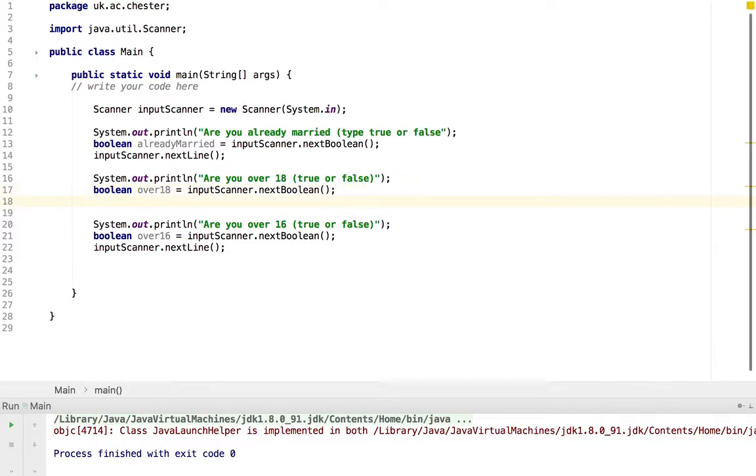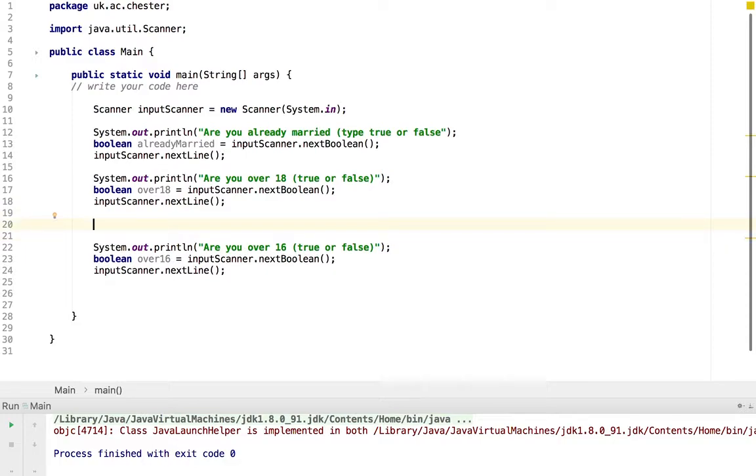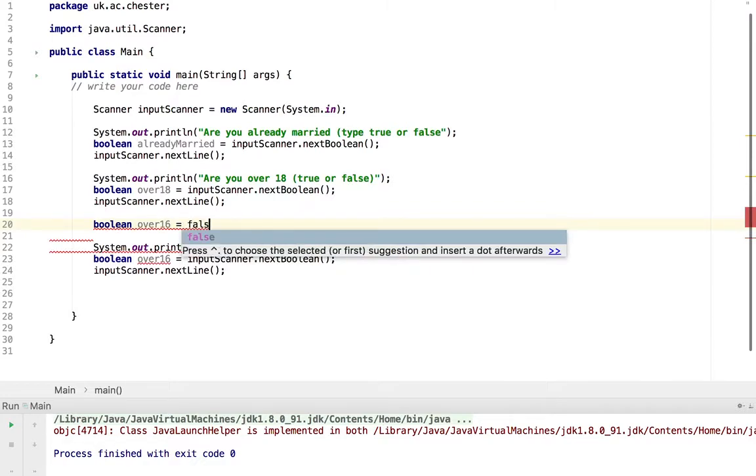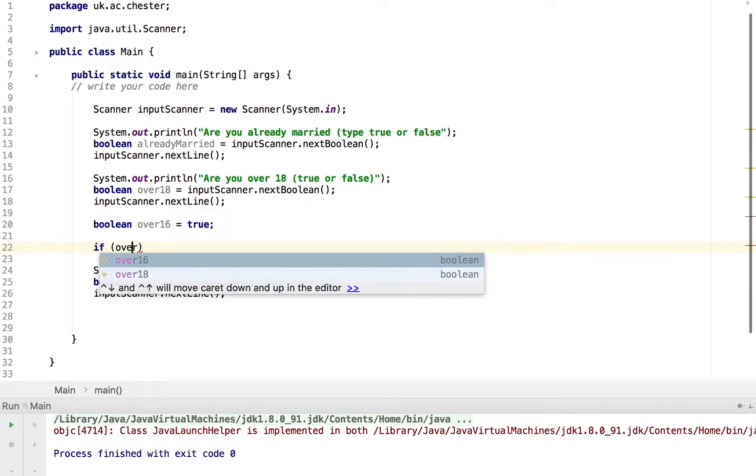Now, what we can do is essentially create the boolean for over 16 and then modify its value based on whether or not the user's over 16 if they've answered false to the over 18. So let's quickly do that. Let's say the boolean for over 16 is actually going to be set to false. However, actually, let's set it to true, but then we'll ask again and reset its value. So if they're not over 18,